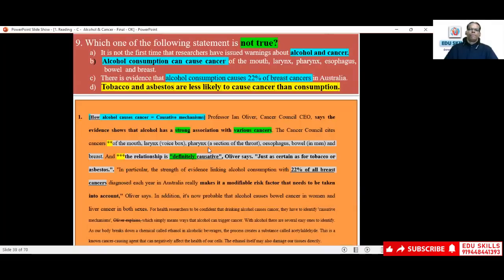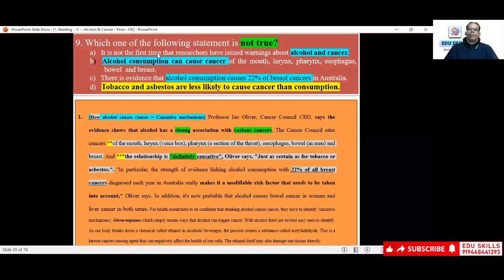Okay. So 9, which one of the following statements is not true? What you have to find out is which is false as per the paragraph. So after reading the question, you have to go to the text, understand the gist of it. But then here, let me just explain to you how, once you go to the text and come back to the options, just see which is not true. Now the focus is alcohol causes cancer, possible mechanisms. How does alcohol cause cancer is the topic or focus of this paragraph.